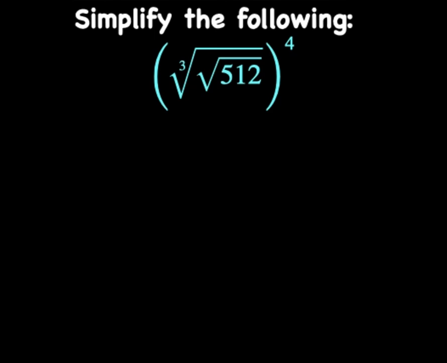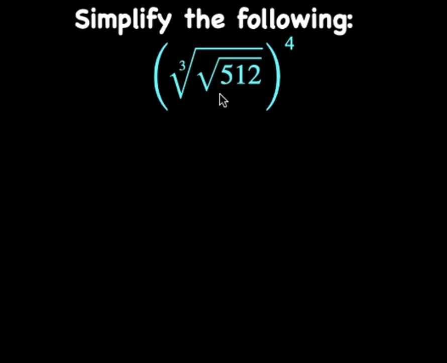Simplify the following: the cube root of the square root of 512, all raised to power 4. Being able to read this nested expression makes it simpler. How do we begin? The first step is to rewrite all the expression in index form, starting with the innermost one,